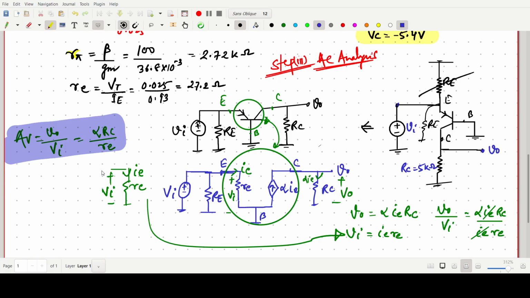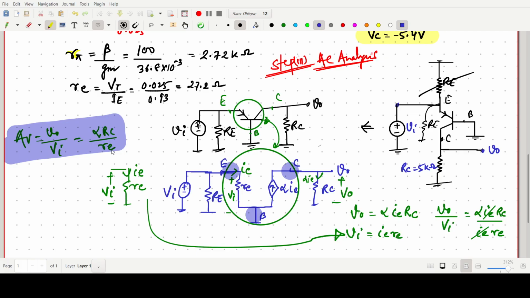Okay, but we have to be very careful about the analysis. Here we have made the hybrid model with the common base. This should be the RE and alpha IE with the current going up, where IE equals some current IB and this current IC. Okay, and this will be IE. So like this we can